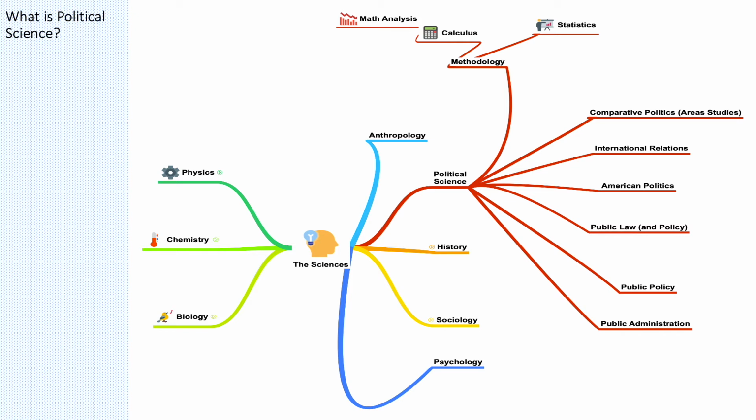Then there's American politics. American politics too utilizes quantitative and qualitative methods. American politics is a grand umbrella that covers a whole series of subfields. And some scholars are American politics generalists, but many have a subfield specialization, like maybe interest groups, political parties, campaigns and elections. All of these are subfields of American politics, and scholars who publish in one subfield usually stay with that subfield.